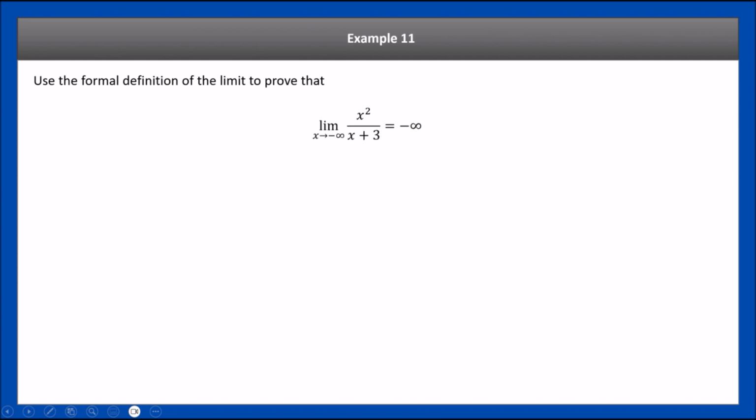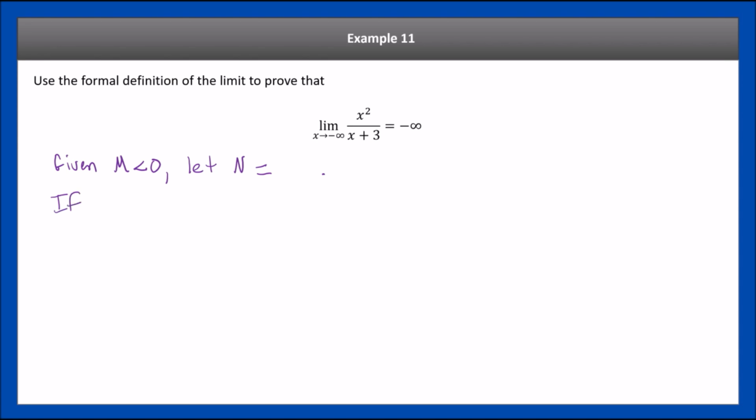So limit, okay, this one's interesting, right? It's a rational. So let's go ahead and prove it. So given m, and this is going to be m is less than 0 because of the negative infinity there. And we know that this is going to be the n, so n is going to be less than 0. So given m less than 0, let n equal something